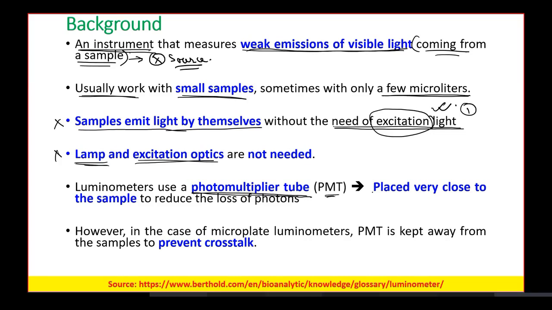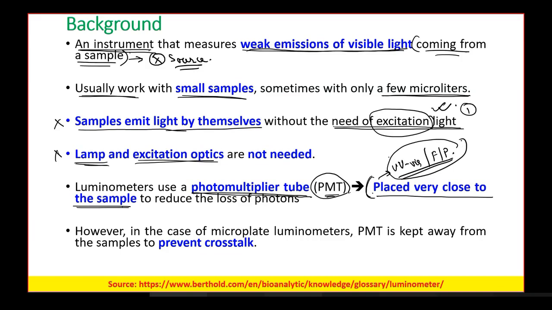Okay, and another important thing, these PMTs are placed very close to the sample. Why are they placed very close to the sample as compared to UV-vis or fluorescence or phosphorescence spectrometers? This is because in these types of